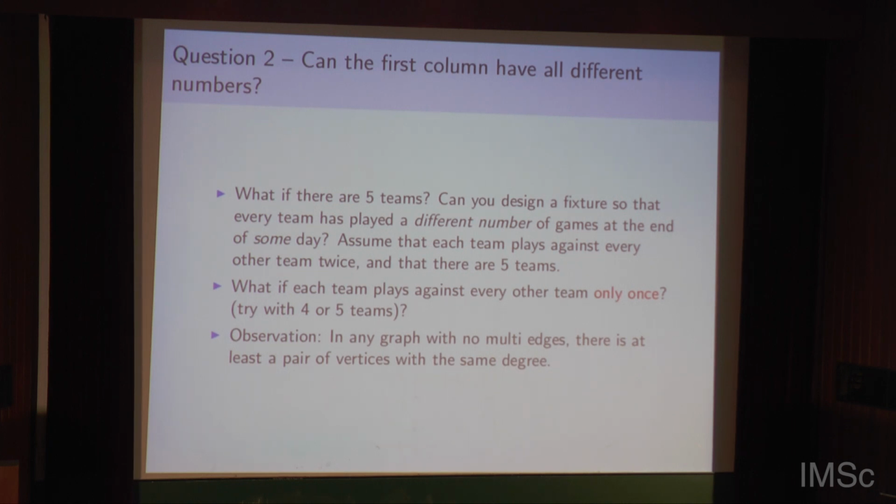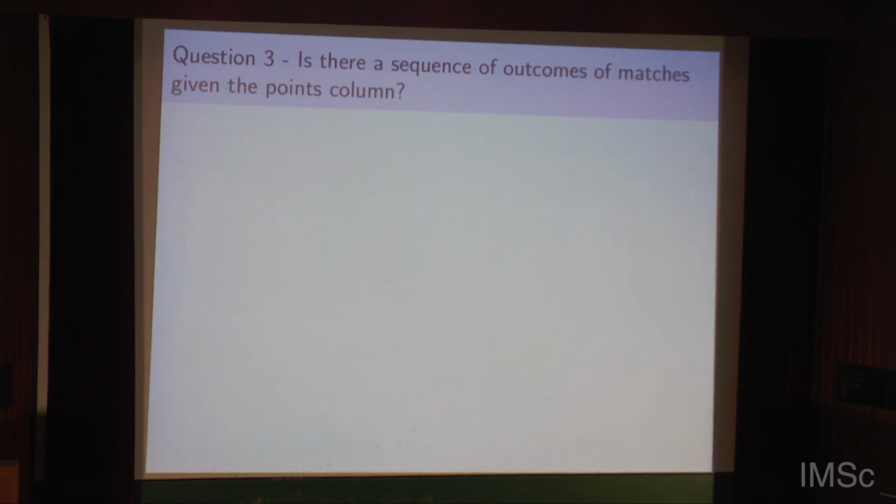We saw two of these now. One was that the sum of the degrees of all vertices is always an even number, 2 into the number of edges. And here is another result on a simple graph. You cannot have all vertices have different degree. There must be at least a pair with the same degree. Okay. Now I get on to my last question, which is,